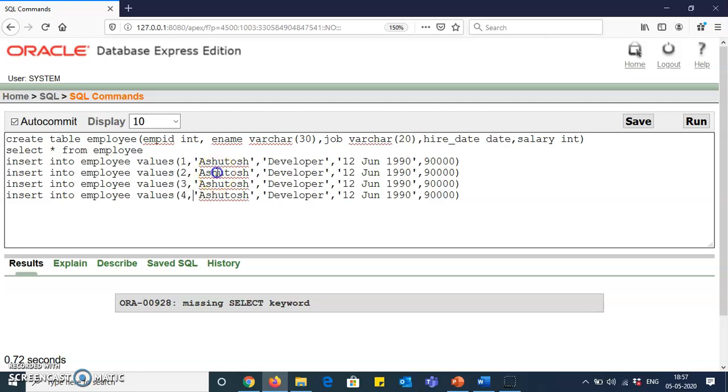So if I write Shloka, she belongs to HR, 22 April 1890, salary is 50,000. This is how I am updating my details.